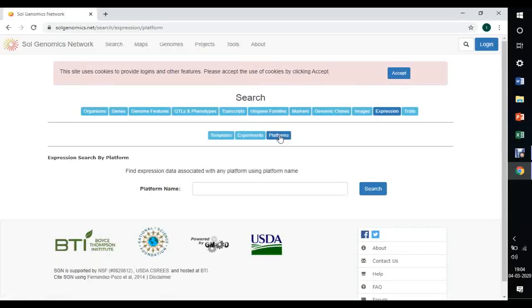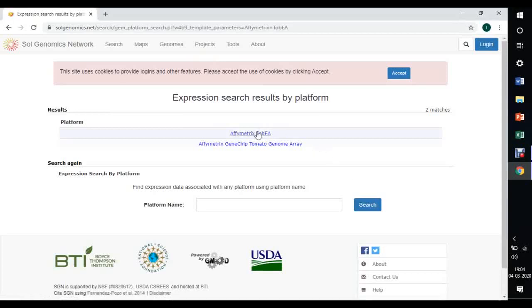Give one platform name to get details. For example, I am giving Affymetrix and click on search. Choose the exact platform on which you want details. Click on that to get details.